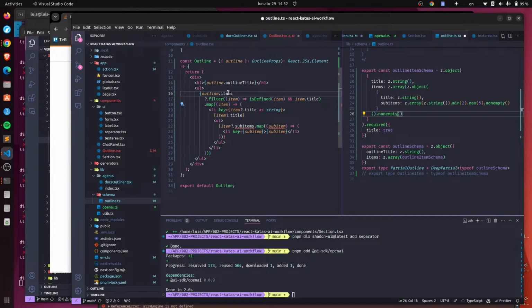Partial objects can be undefined because that means the array can be empty. It's non-empty. Let's remove this thing. Maybe it's creating some